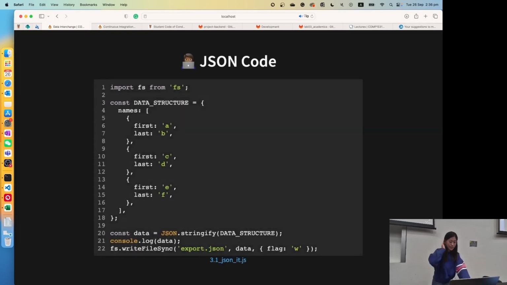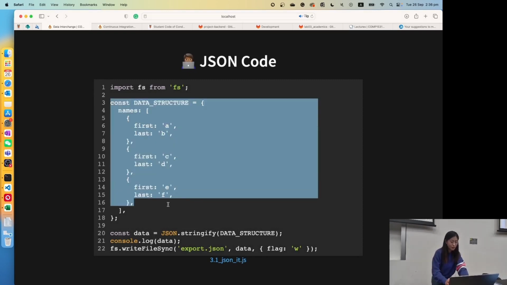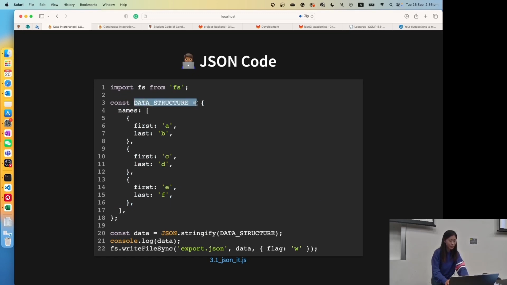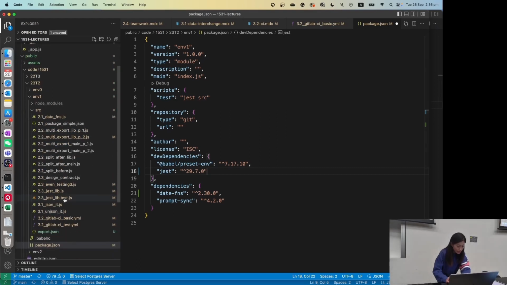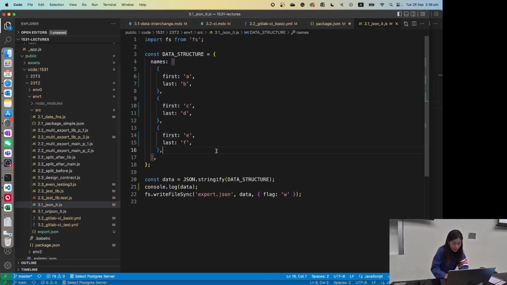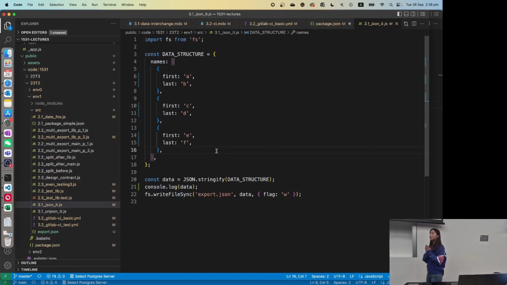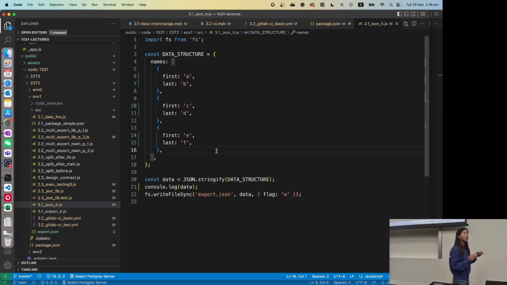Okay, so here's an example. Let's have a look. This is a JavaScript object, and this object's name is data structure. JSON.it. Yep, here it is. Remembering that when we talk about NPM, we installed external libraries using npm install, and then